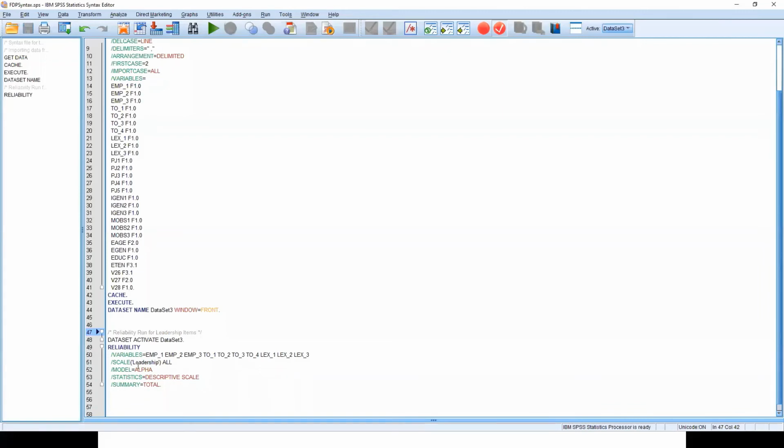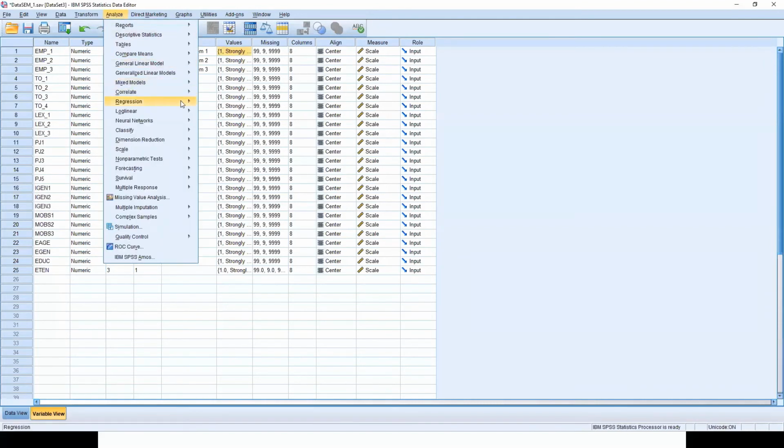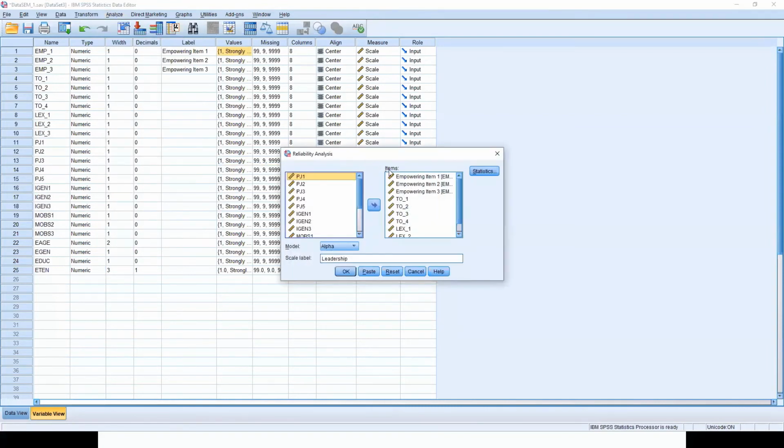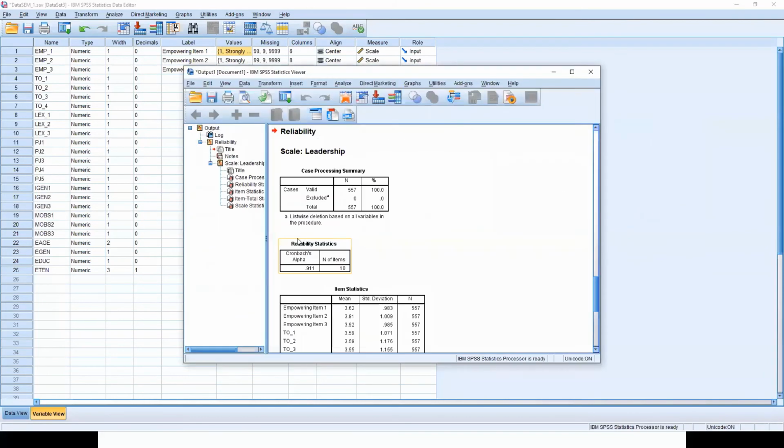Okay, so this is one way, or you just go to Analyze, Scale, Reliability Analysis, click on this, and everything is what we had selected, and just click OK, and you will see the output.